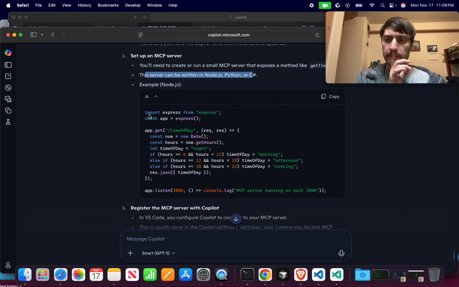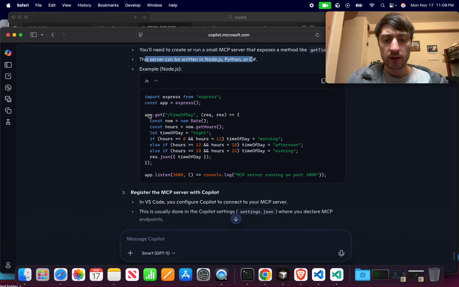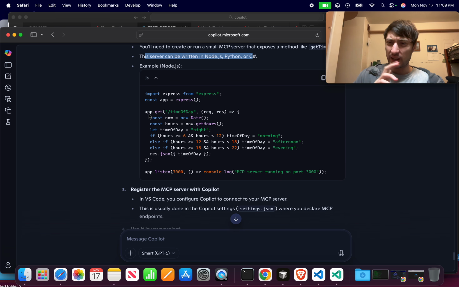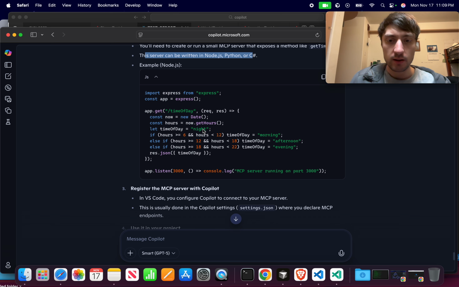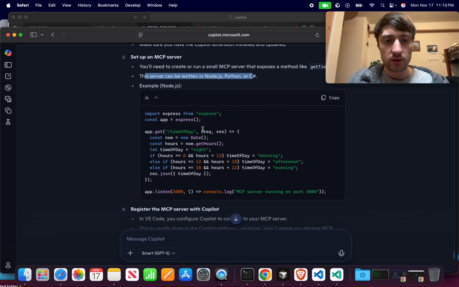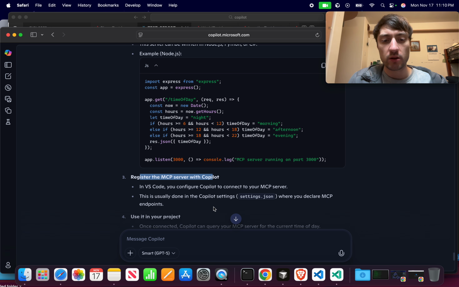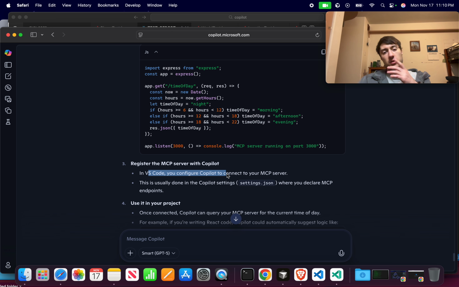So I guess what I'm a little bit confused about is I thought that it was going out onto the internet and doing something. But this seems like it's on my local device. Registering the MCP server with Copilot. So in Visual Studio Code, you can configure Copilot to connect to your MCP server. Okay, so